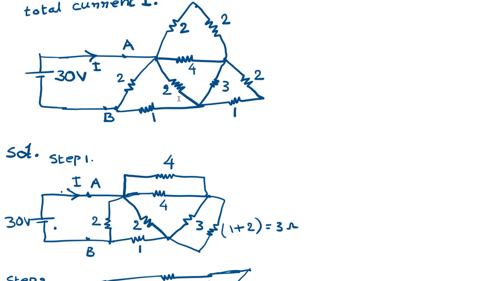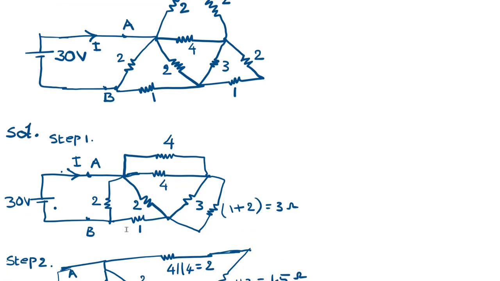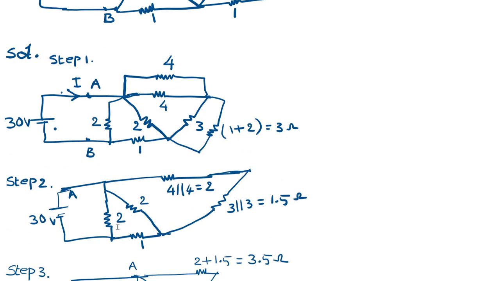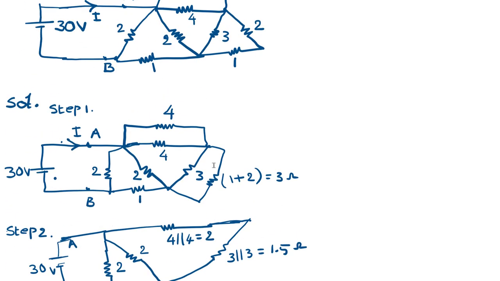So here 2 ohms is there. So again we put that 2 ohms as it is. And now if you look at this, we have 1 ohm resistor. So we put that 1 ohm here. Similarly 2 ohm resistor is between A and B. That is, draw as it is. Now, if you look at this circuit, you can further simplify because there are two parallel branches.